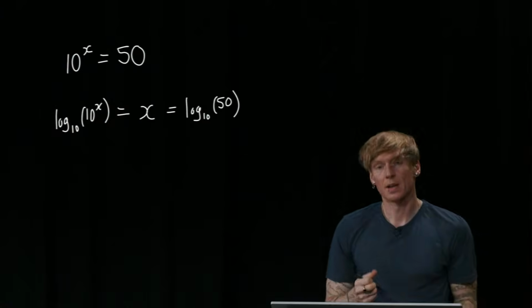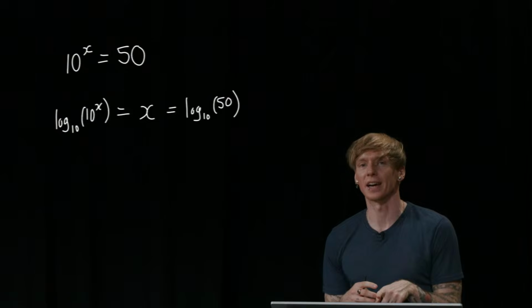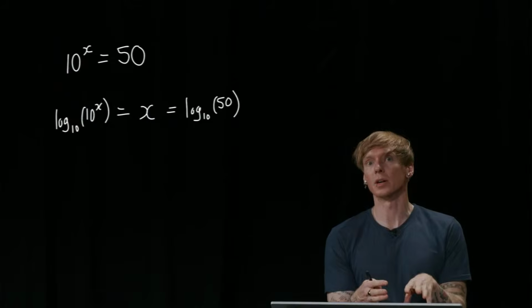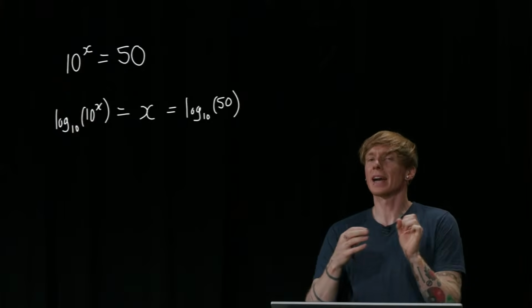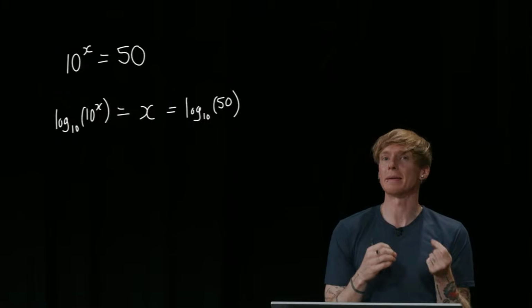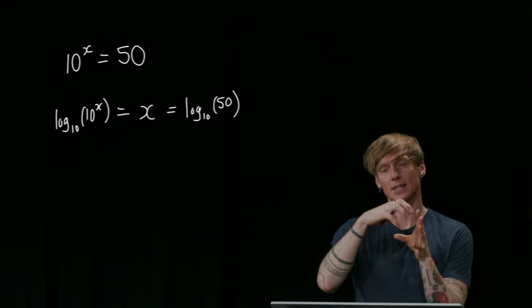50. Now, this doesn't give us the actual decimal answer. For that, we're going to need a calculator. But we now know how to work it out. So the solution is x equals log base 10 of 50. And we can have a feel for what that value might be. 10 is too small, so we know it's bigger than 1. 10 to the power 1 doesn't